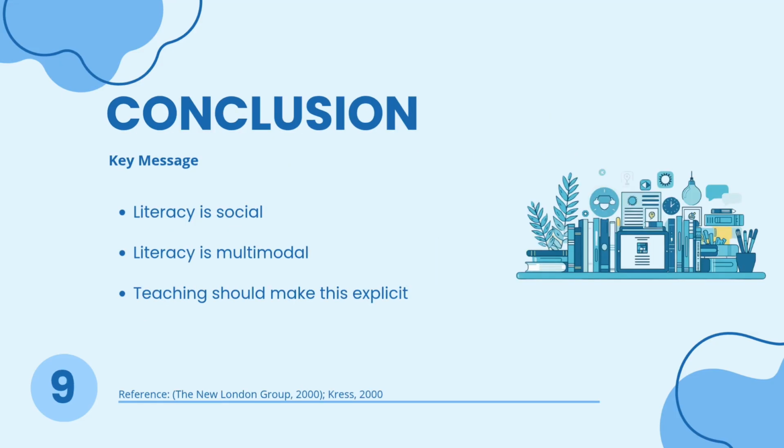In conclusion, multiliteracies provides a useful framework for understanding literacy in contemporary education. It reminds us that literacy is social, multimodal, and shaped by context. In TAS, these ideas are especially valuable because our subjects already ask students to communicate through combinations of language, visuals, design, demonstration, and technology. By making these demands explicit, we can better support students in understanding content, selecting appropriate modes, and communicating effectively for different purposes and audiences.